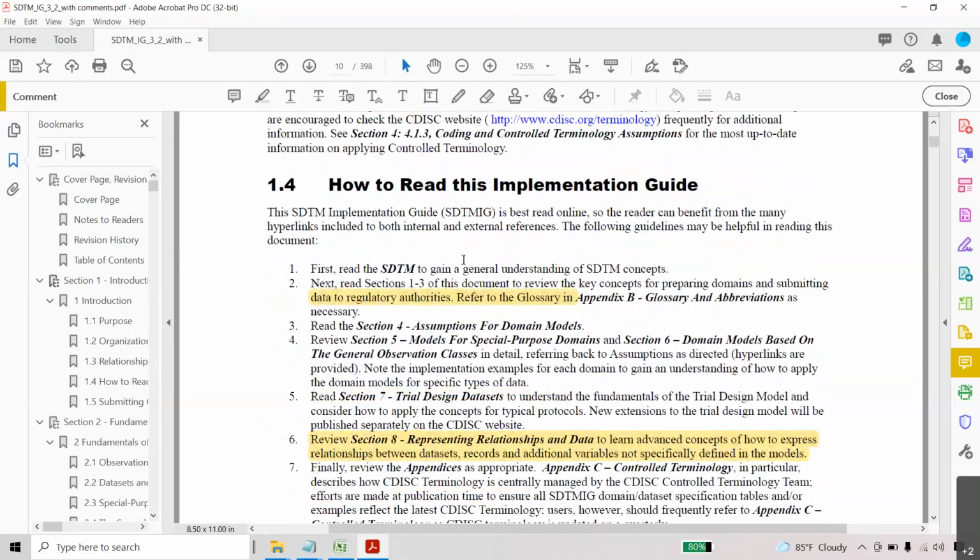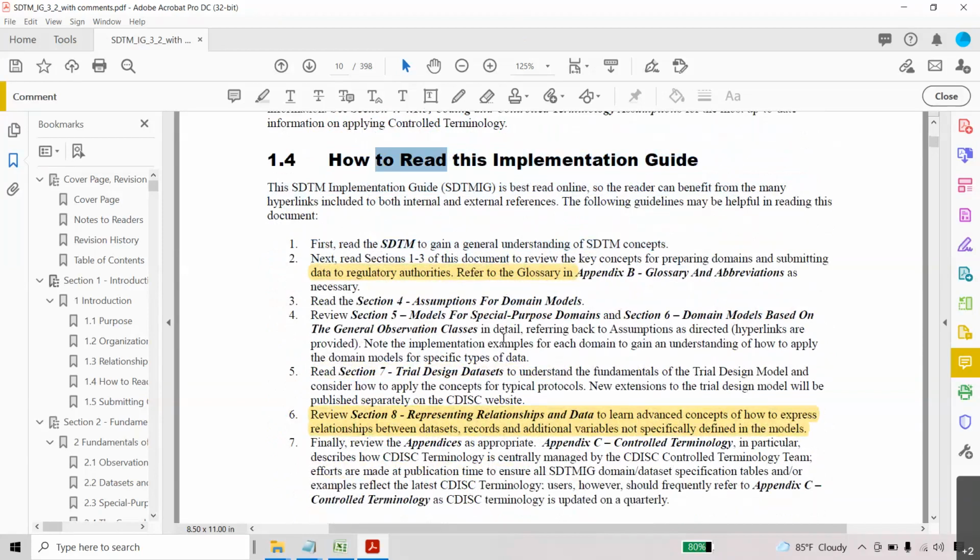Okay. Next, we have here how to read this implementation guide. It is very good; just follow this implementation guide. How to read means they're not saying directly to read the demographics domain or some domain, correct? First, gain a general understanding of SDTM concepts. Then sections 1 to 3 of this document review key concepts of preparing domains.